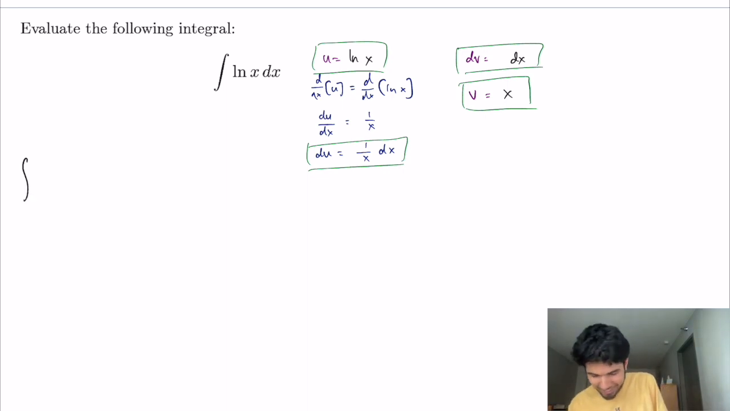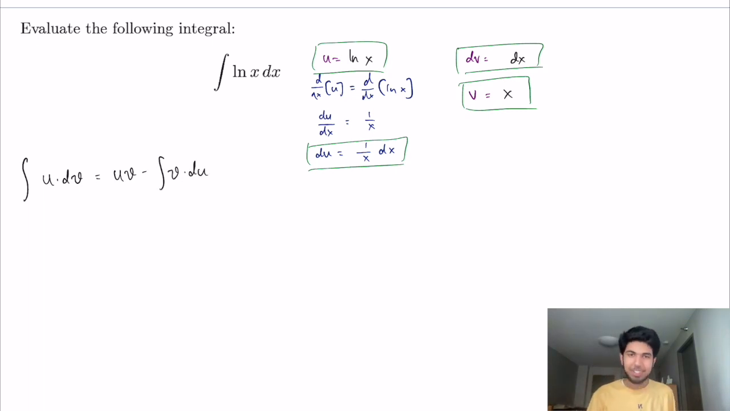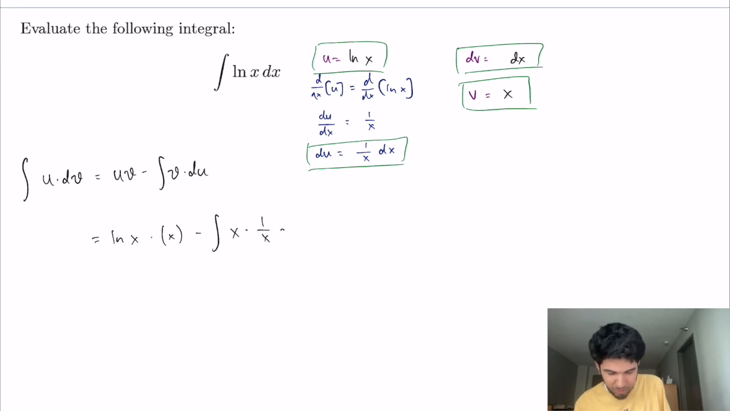Let me write out the formula again. Hopefully you're screaming it out with me. This equals uv minus integral v times du. There you go. Hopefully you're starting to memorize it. Now you plug stuff in. u equals ln of x, v is x, minus integral, v is x, times du, which is 1 over x